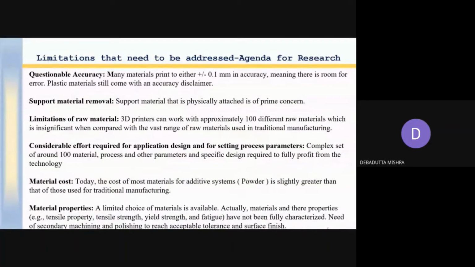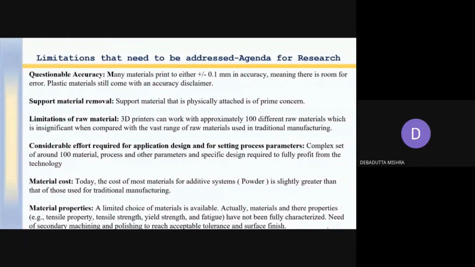The accuracy of the part is questionable because the metal print is about plus or minus 0.1 mm in accuracy. So there is some error, some room for error.